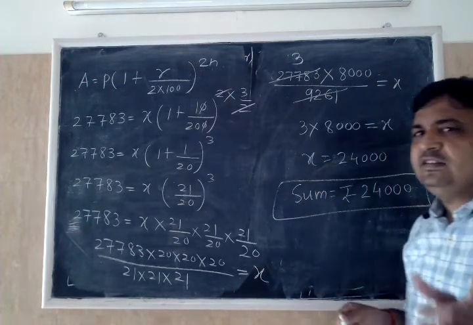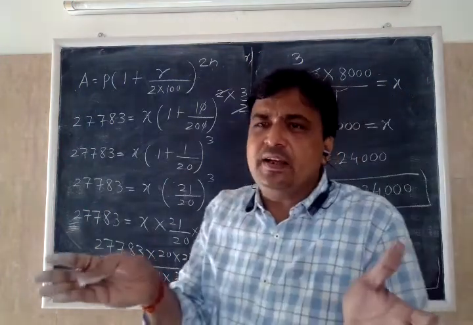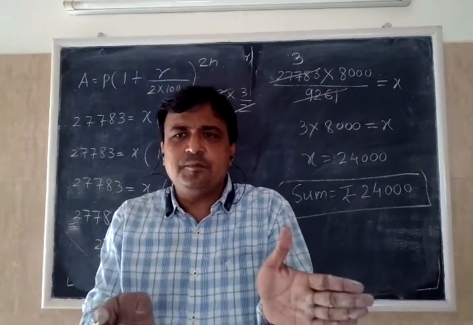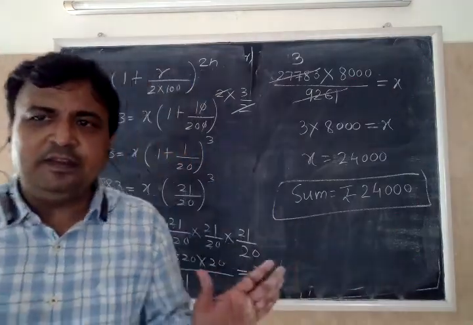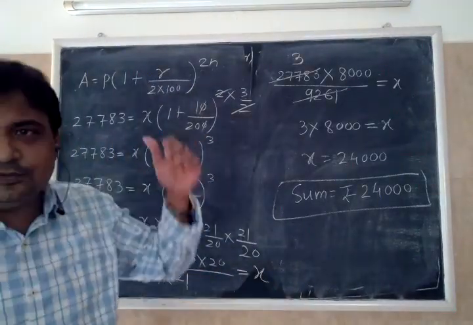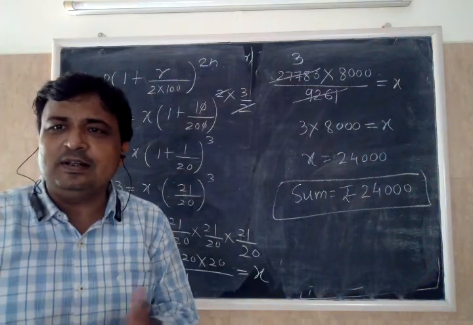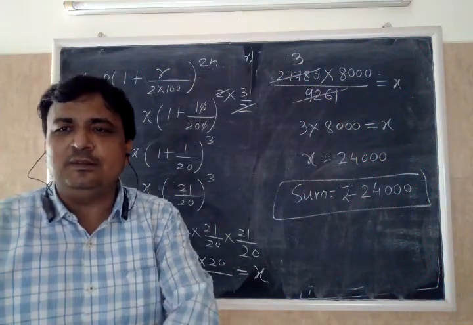So there is no difficulty anywhere. Only whenever it is yearly, you have to identify whether it is complete yearly or yearly but mixed. For half yearly there is no problem. Use the formula raised to 2n.